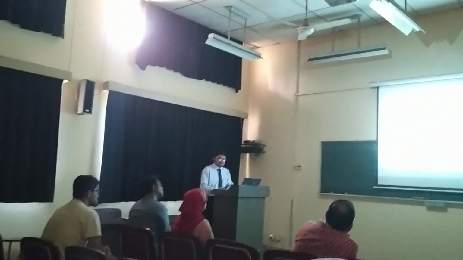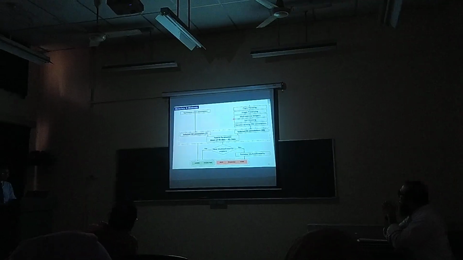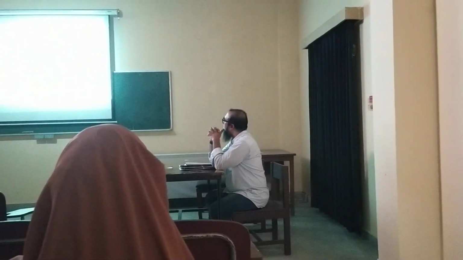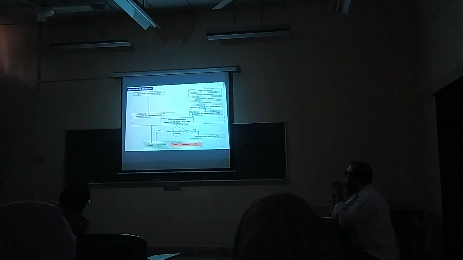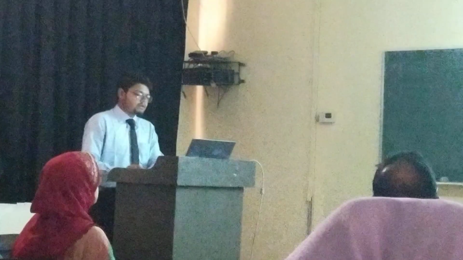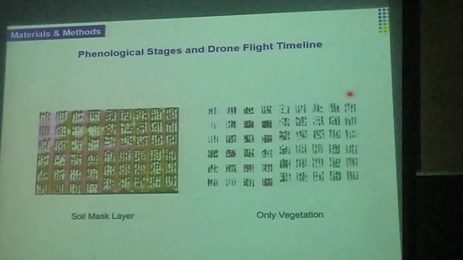Also for data analysis and image processing. For data collection, the agronomic parameters are collected manually, and the remote sensing parameters are collected from the soil-masked drone-mounted multispectral images. Here we can see how we have acquired the images, and then for soil masking, we have used the field imager software, where we have masked the soil and the weeds and retained only the vegetation of the cotton plants.